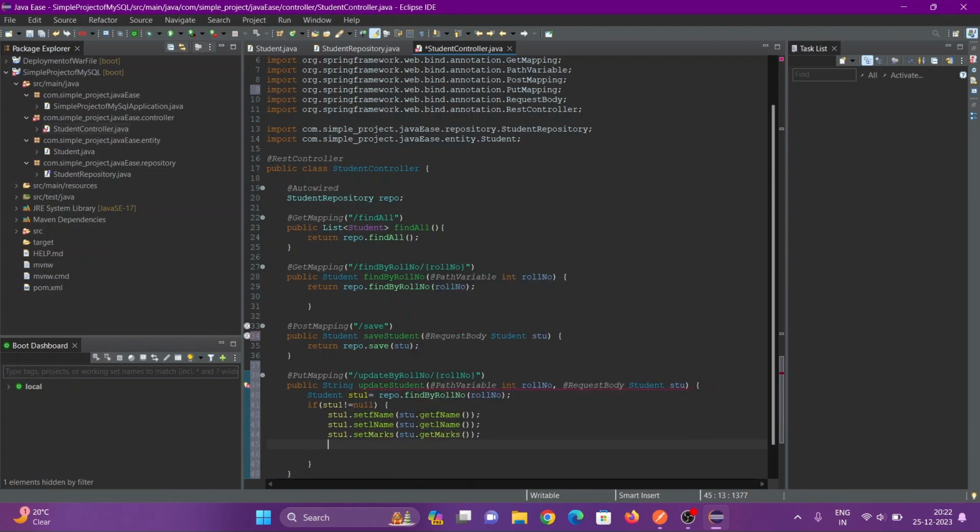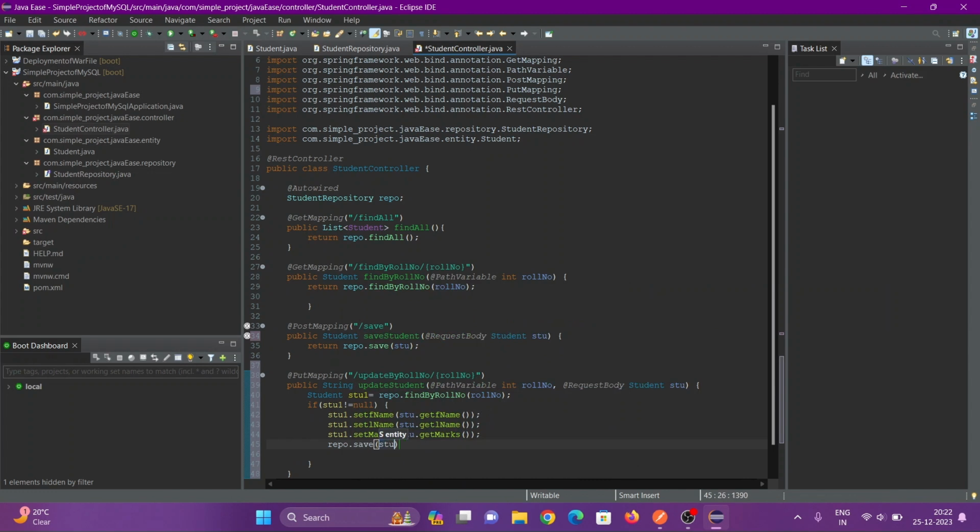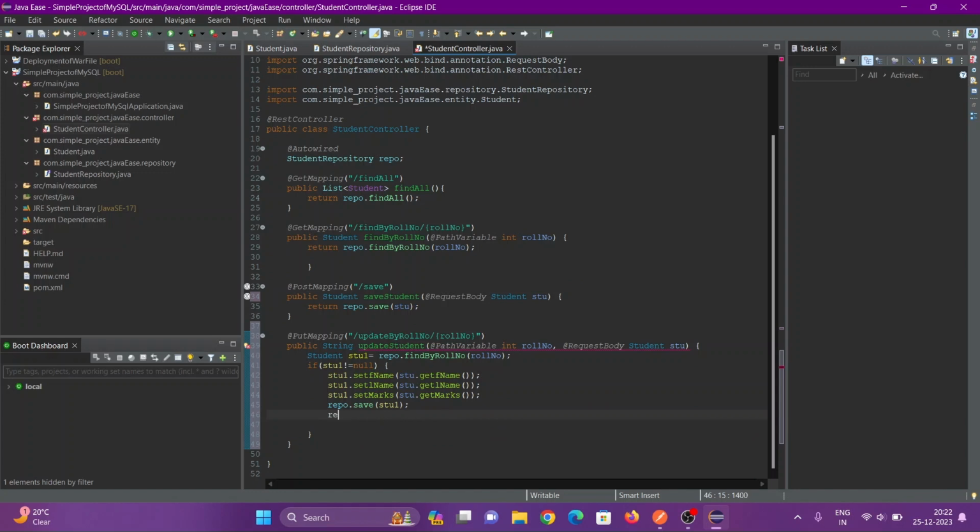Okay, save the student stu1, repo dot save stu1. Okay, after saving return updated. Okay, else